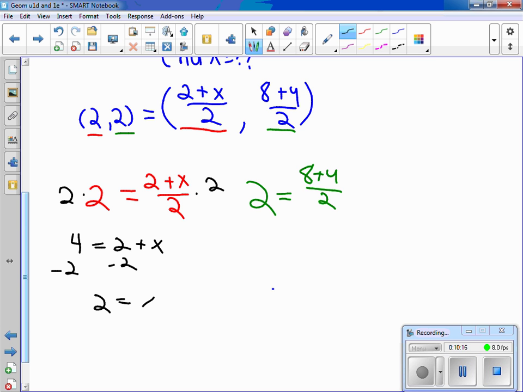Over here on my y coordinate, same thing. I want to get rid of the 2 in the denominator, so I multiply both sides by 2. I get 4 is equal to 8 plus y. Subtract 8 from both sides, and I will have negative 4 is equal to y. So the coordinate of my other endpoint for this line